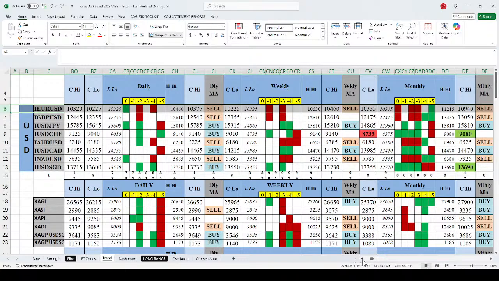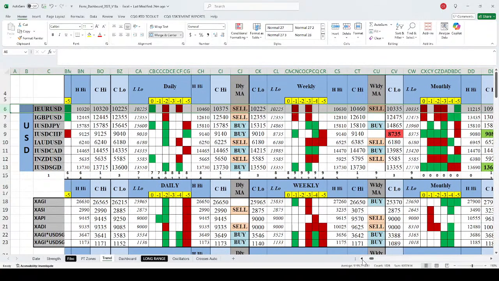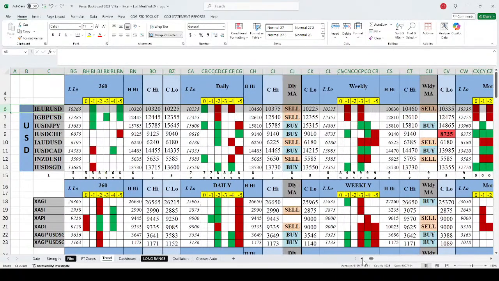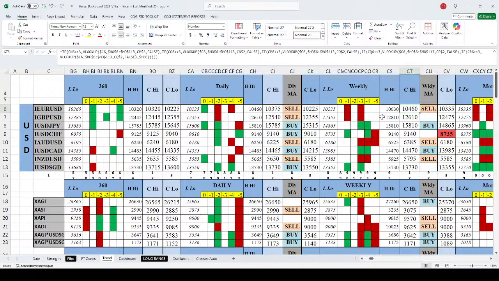So overall the bigger time frame is pointing down. Right now the market is moving up, but I think it should be limited. How far it's limited: we should not be expecting beyond 10460, which is your previous week high, and the highest high of the daily, and we should not be expecting beyond 10375. So these are the two key benchmark levels we need to pay attention to.